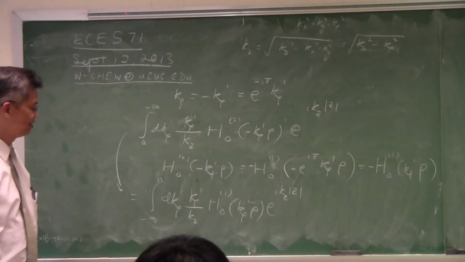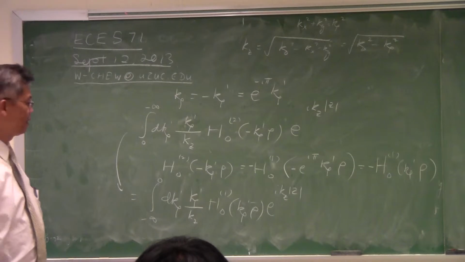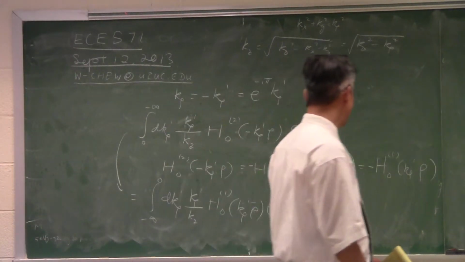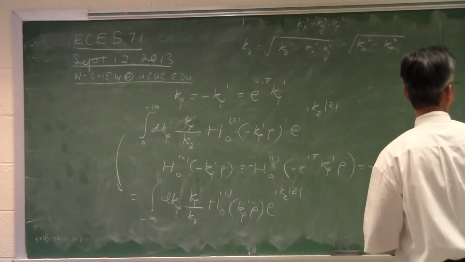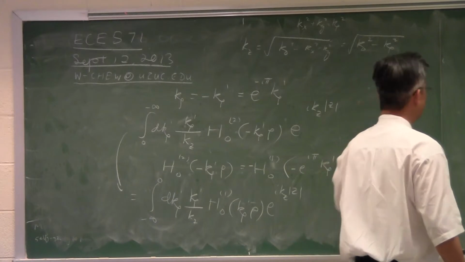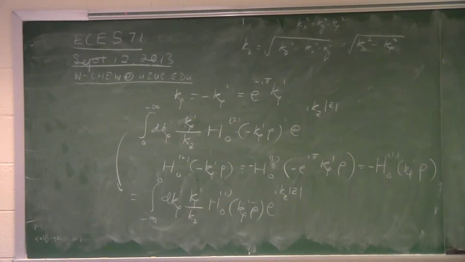Okay, this is it. But k rho prime is just a dummy variable. I successfully convert the second half into something that goes from minus infinity to 0. So I have a new identity, which I believe is also due to Sommerfeld,